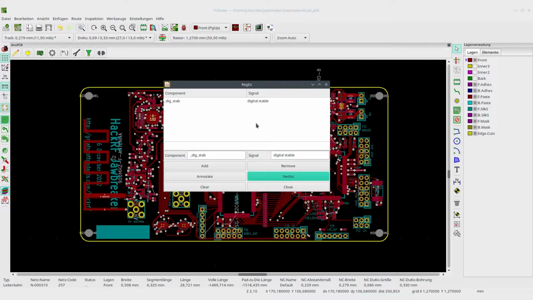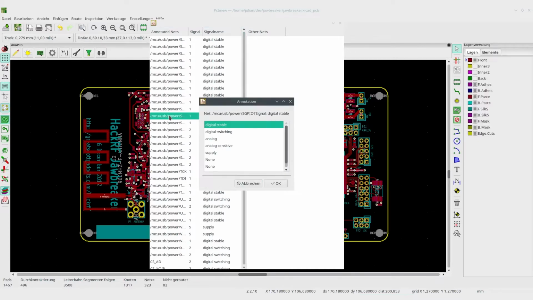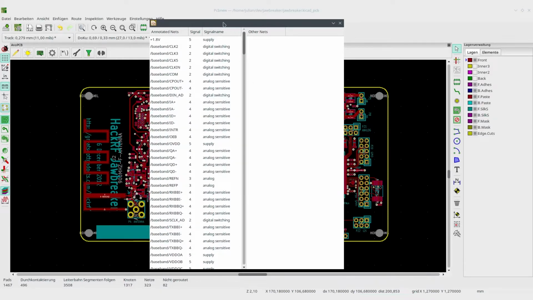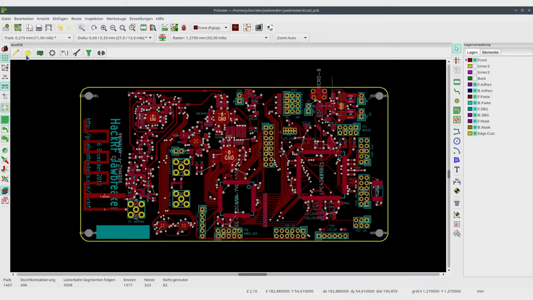You can also take a look at the net list with this button here, and also choose to annotate the signets right here with a double click. When this whole board is annotated, you can start analysis, and you can find it out by either taking a look at this net list. If the list on the right side is empty, then all nets are annotated. Or you can also click on this light bulb button, because the light bulb will highlight any net not annotated yet, so you can take a look at it in a location and neighborhood for the last few nets which maybe have no name or etc.